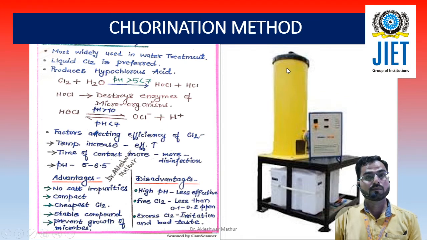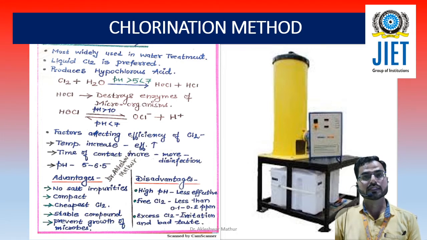It is a stable compound. Again, it has a positive aspect over bleaching powder, because we discussed in the last lecture that bleaching powder decreases the amount of active chlorine on storage or on exposure to sunlight. So in the case of chlorination, there is no need to check the physical or chemical quality of the chlorine before addition to the raw water, and it prevents the growth of microorganisms. But each and everything has some limitations or disadvantages along with the advantages.